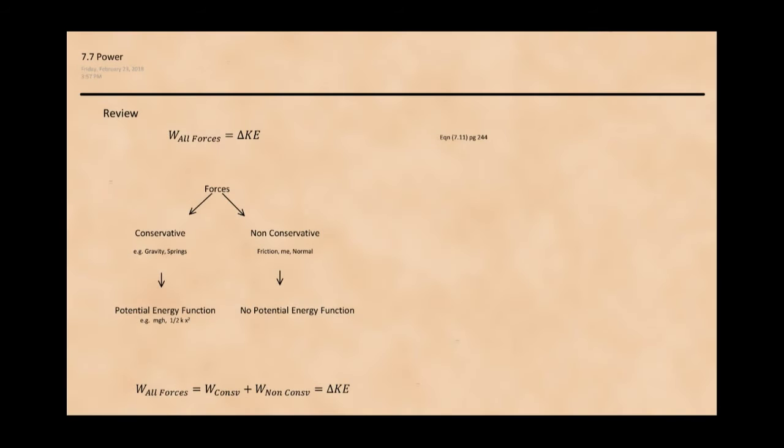Chapter 7, Section 7 deals with the topic of power. But before we get into that, let's do a quick review of where we are in Chapter 7. We started out Chapter 7 by developing the work energy theorem, which says the work done by all forces is